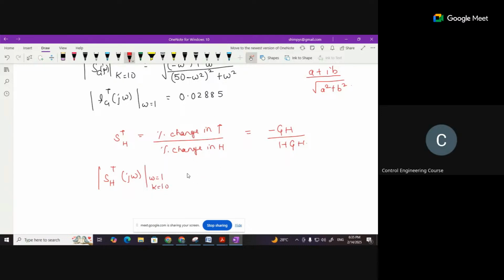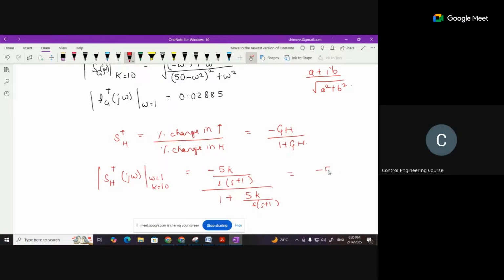As we have seen earlier for the G, this will come out to be minus GH, that will be minus 5k divided by s plus 1 divided by 1 plus 5k s plus 1, and on solving this and putting all the values,